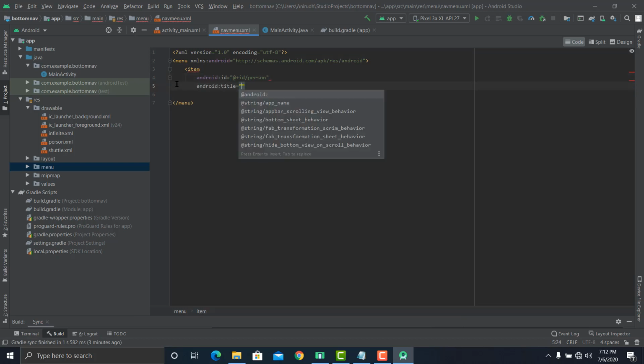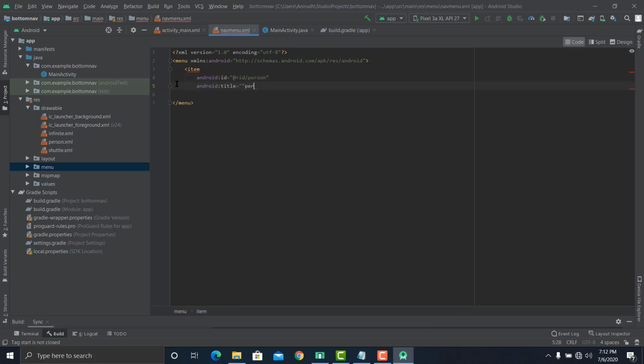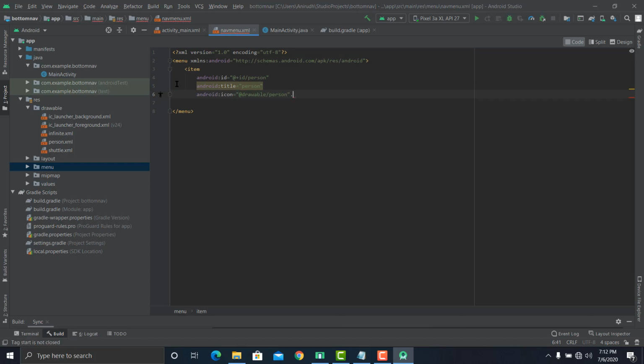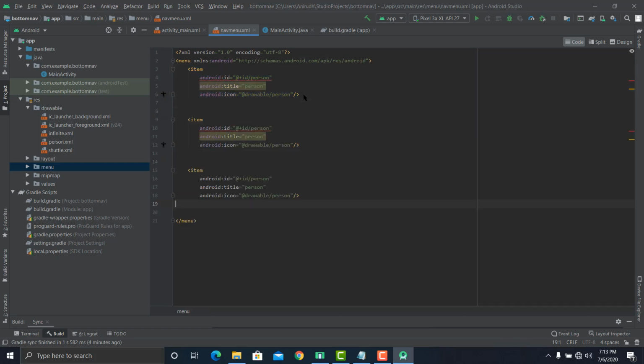Title is going to be person. Icon is going to be person. So we can make 3 more items like this. We'll make one for infinite and shuttle.